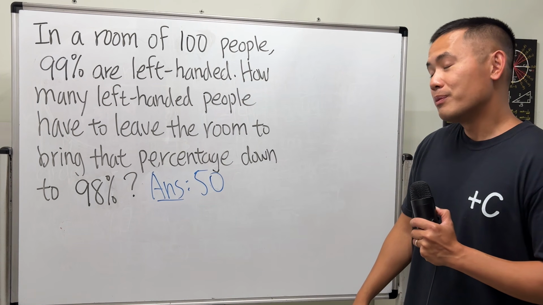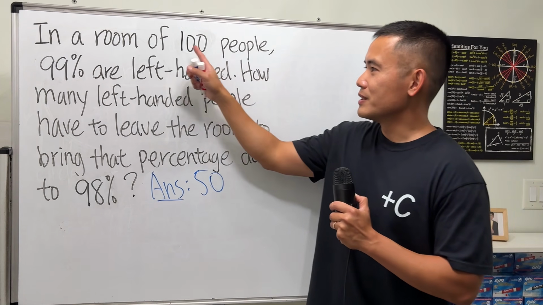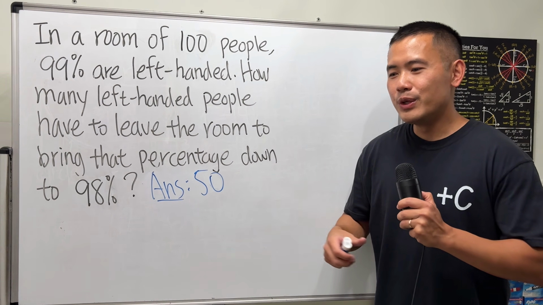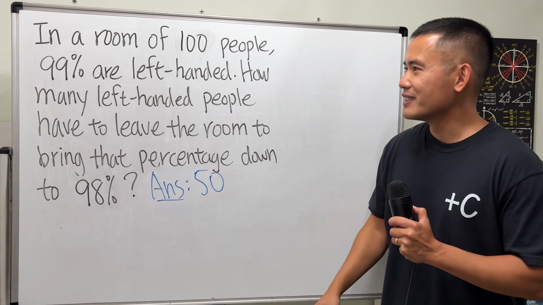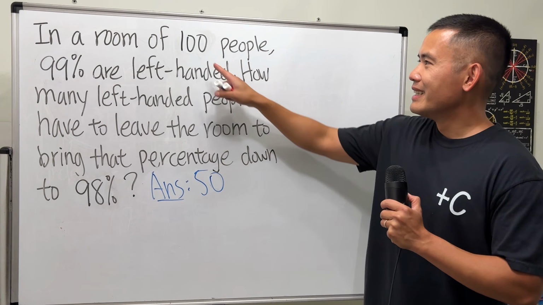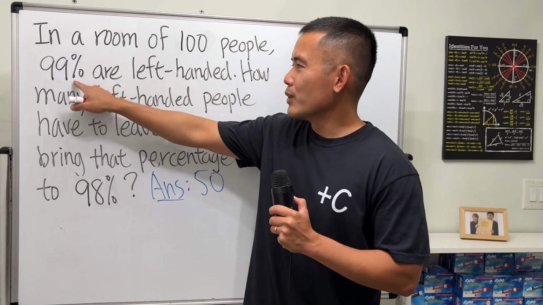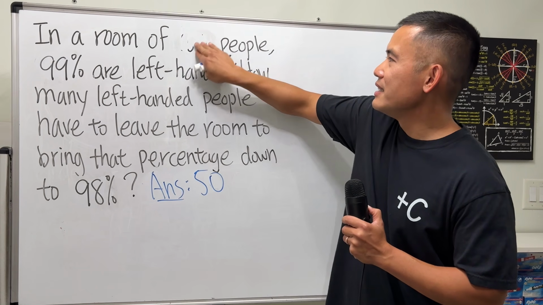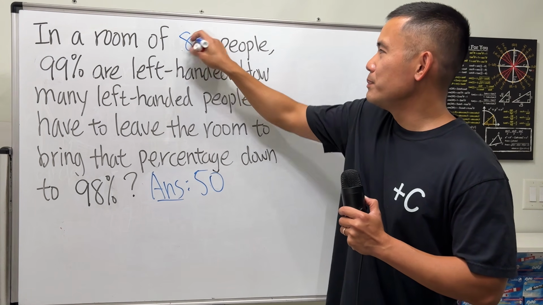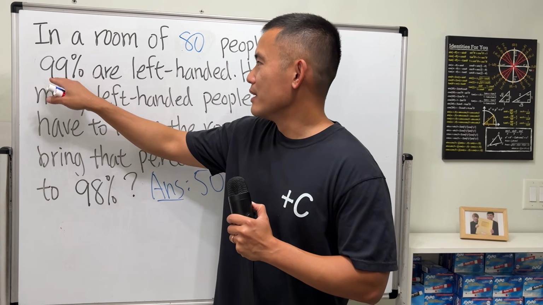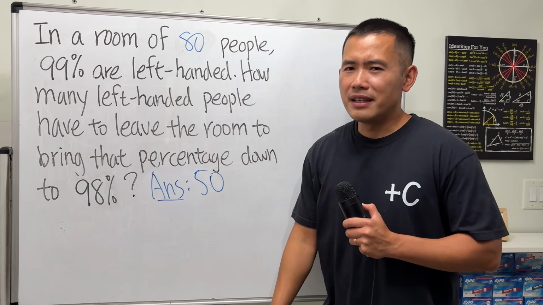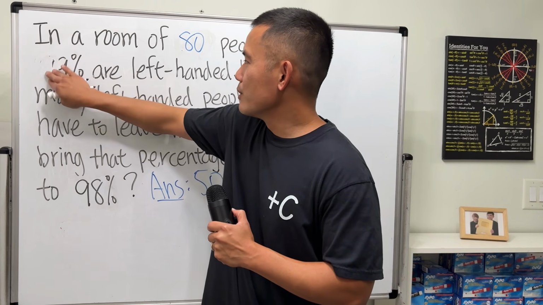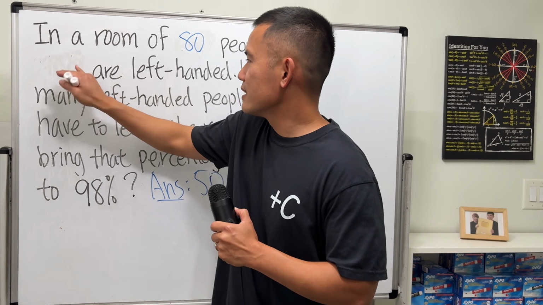Yeah. I do want to mention though, we are dealing with pretty nice numbers. So today, I'm just going to change the numbers, and we will really have to use algebra to figure it out. So, at first, 100, and when you are dealing with percentages, this is way too nice. I'm going to change it to something else. Let's say 80. So in a room of 80 people, and instead of 99, because if you take 99% of 80, you get a decimal, you can have like 0.7 people. Doesn't make sense. I'm going to change this to 90%